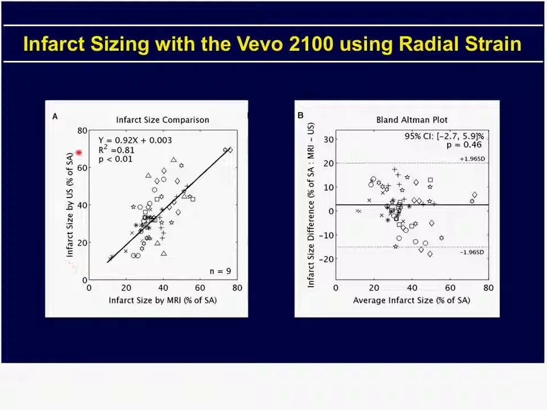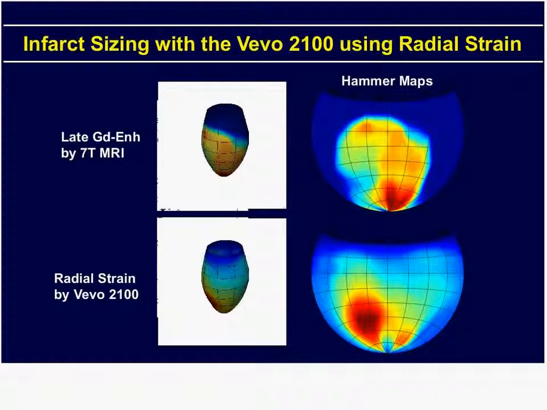If we look at infarct size using this 16% threshold, we look at infarct size by ultrasound and compare it to MRI, that's not a bad correlation, and the Bland-Altman is pretty level too. So this is a reasonable way to go about detecting or measuring infarct size in mice, and we've got a few